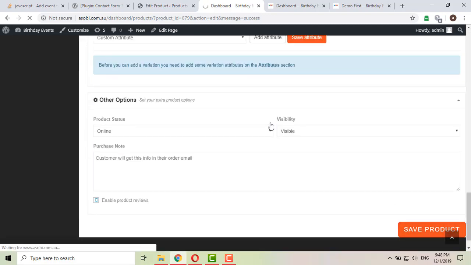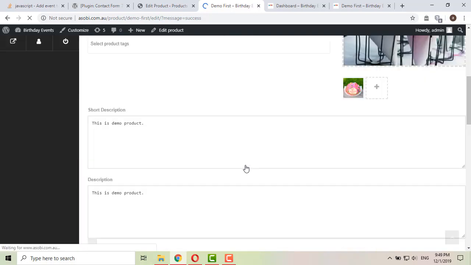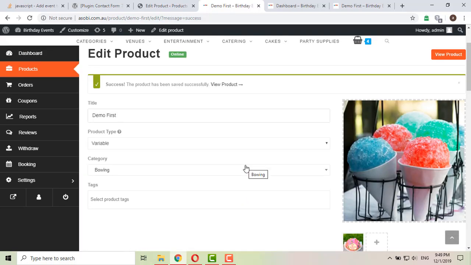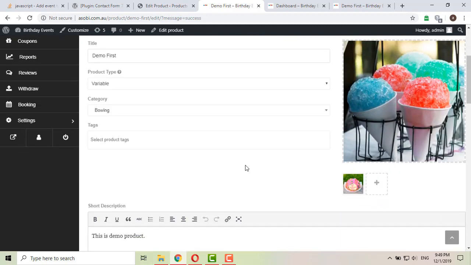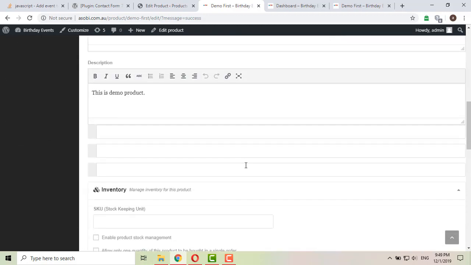First let's save the product. And now we add variations to it.